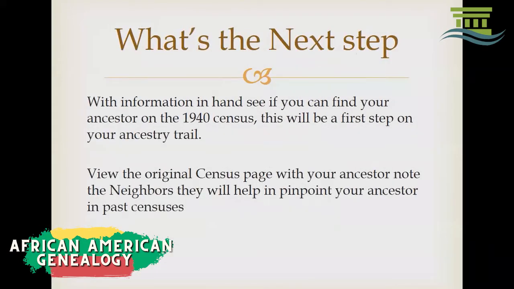So you've got all that information in hand. You've got names, you've got dates, you've got pages of notes, and kind of oddball things like Uncle Bob was a barber, or Aunt Susie had a grocery store down the road. Those are important details that you want to remember and capture, because that information may be on the census. When we visit Ancestry after the PowerPoint, we'll show you that you want to look at the original document, because sometimes the transcription doesn't have everything on it.